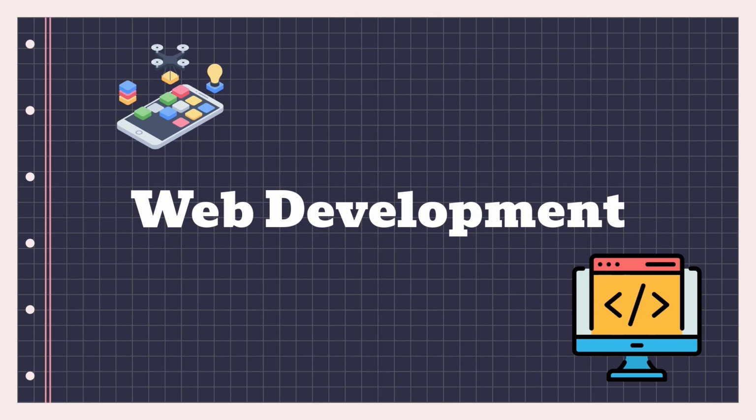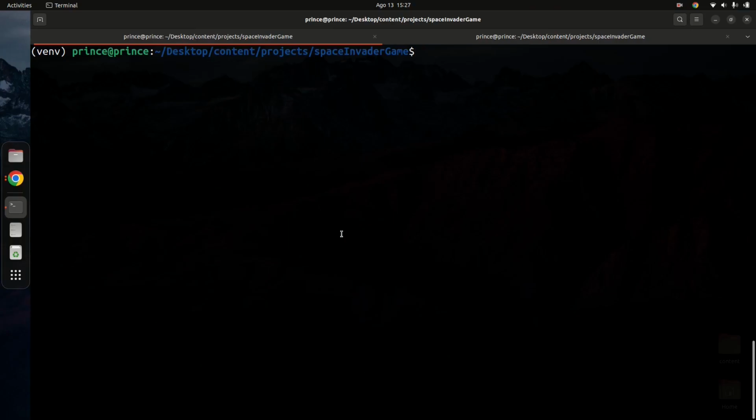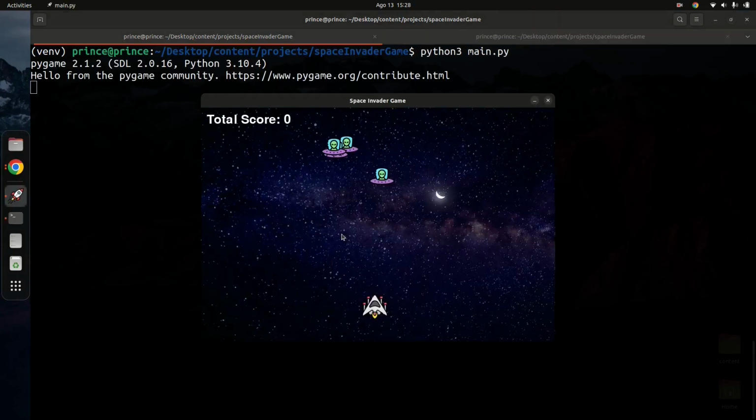Python can also be used in game development, building video games basically. You can use Python to build video games. Python is not the most popular language for building video games, but yes, you can build video games in Python. There are Python libraries such as Pygame, if I'm not mistaken, that can be used to build video games, and you're going to see how to build video games in this series.